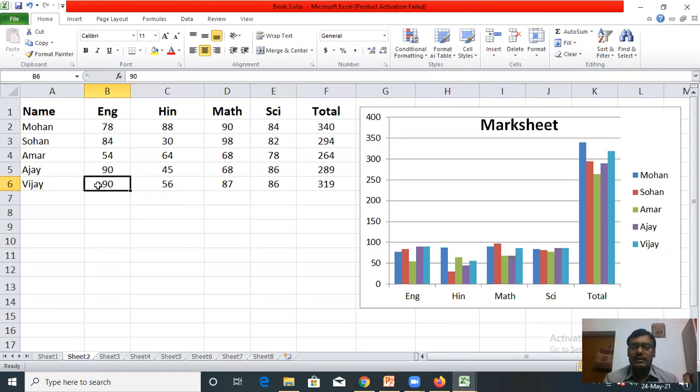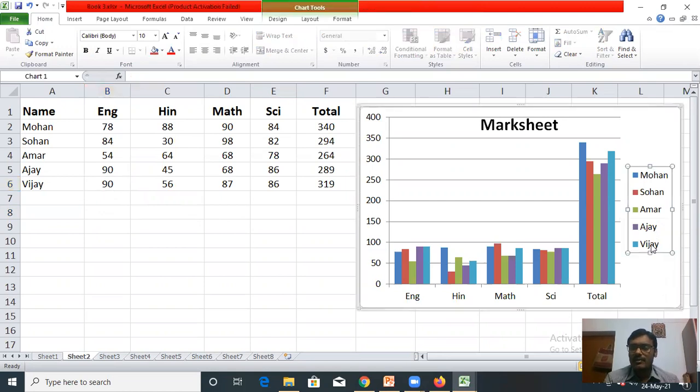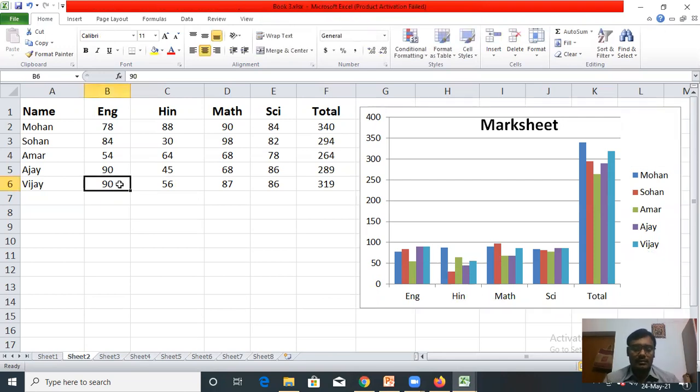So you can see this is Vijay's English marks, it is 90. Now here Vijay is denoted with a sky blue color, and the sky blue color means these are Vijay's marks. He has got 90. Suppose you make some changes, you make it 20.